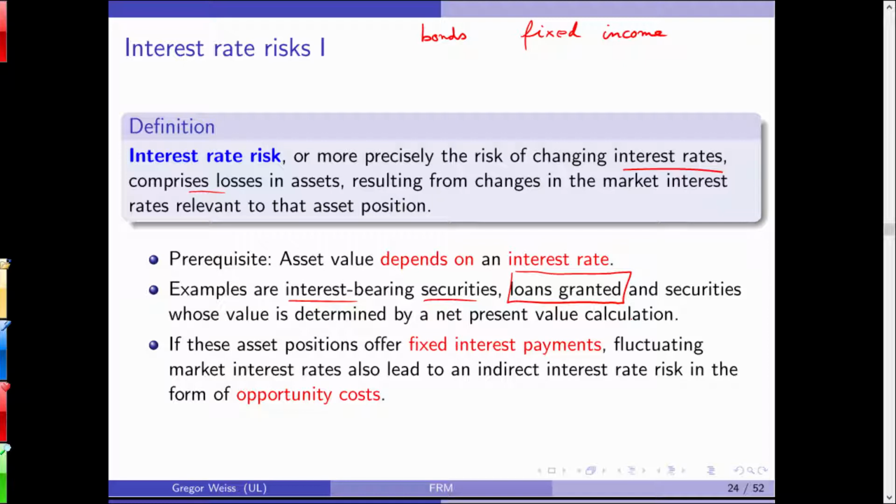Actually, this is interesting. One would think that loans with a variable payment, with a variable interest rate, are the ones most exposed to interest rate risk. Yes and no. Yes, if the market interest rates change, the payments on the loans will also change. But the problem is, think again of the bond. The bond has fixed payments, and the bond is nothing else than a securitized loan to the buyer, by the buyer of the bond, with fixed payments.